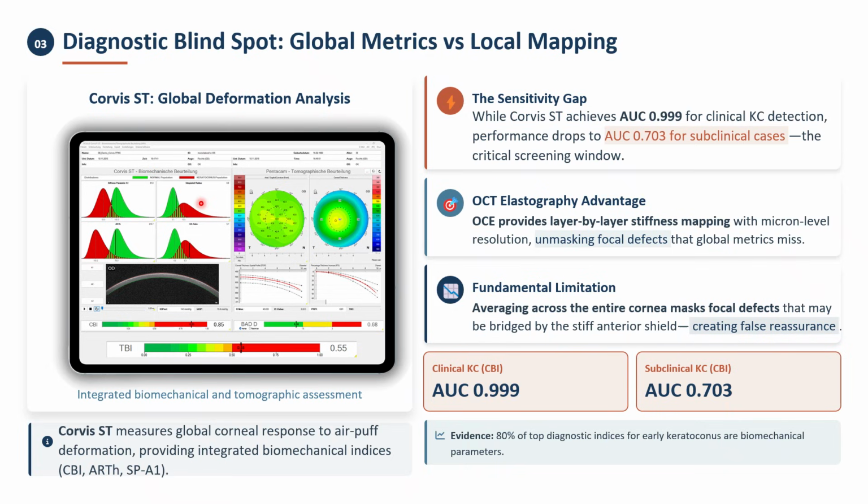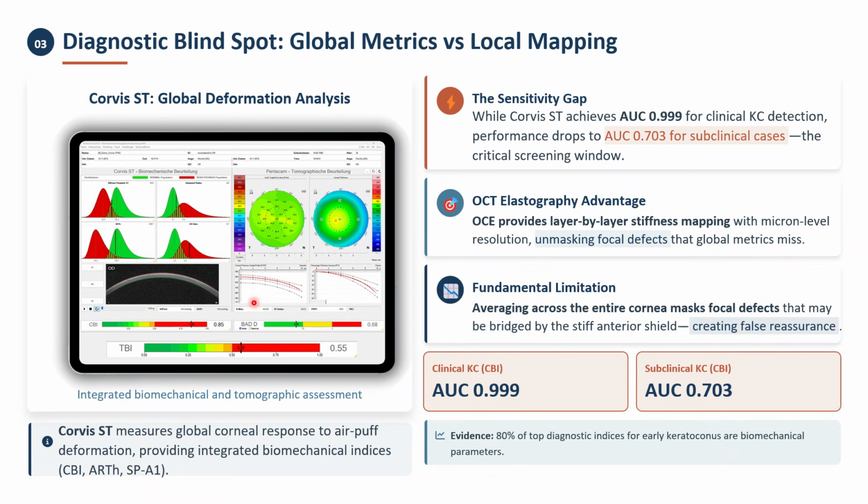It opens the door for another concept, which is the local mapping of local biomechanical properties of the tissue. That is, we provide information about each layer, unlike in the Corvus ST, which provides a global metric calculation for the global corneal mechanical properties of the cornea